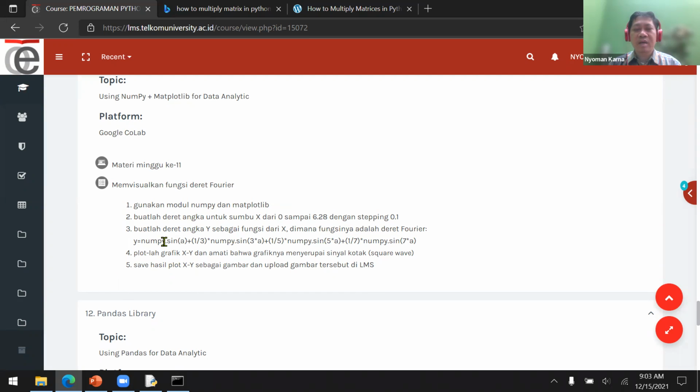And then create the sequence of y based on the value of x with the Fourier function, by using y is numpy.sin of x plus 1/3 numpy.sin of 3x, etcetera. And then plot the graph and examine that it will actually be similar to a square wave. And then save the plot and upload the picture of that plot to the LMS.